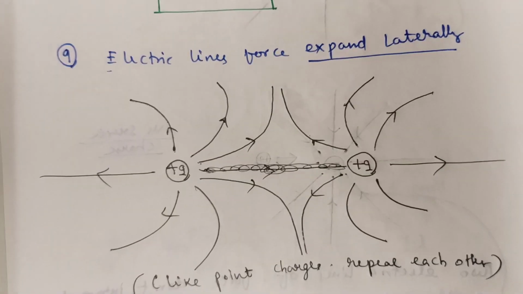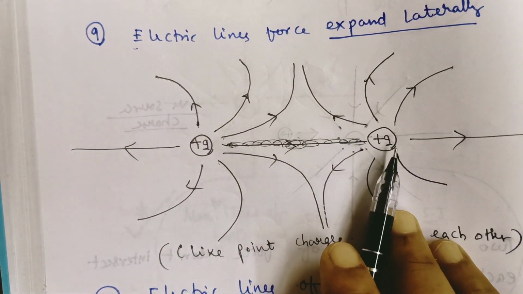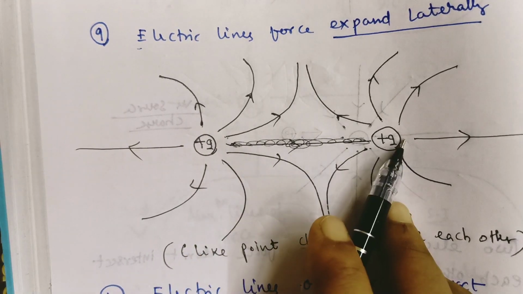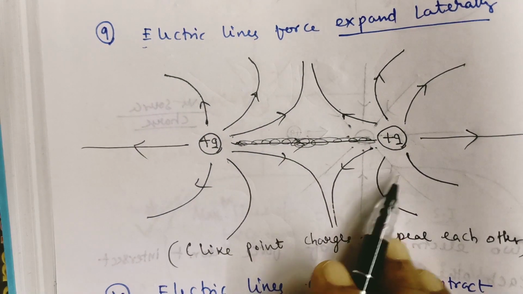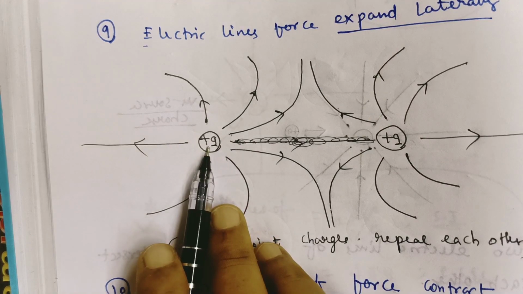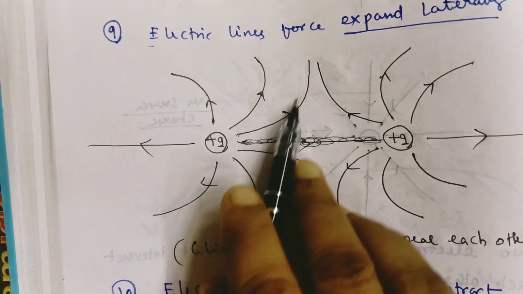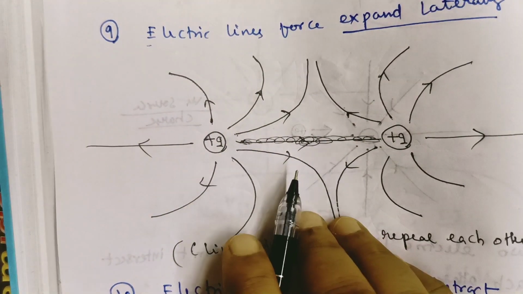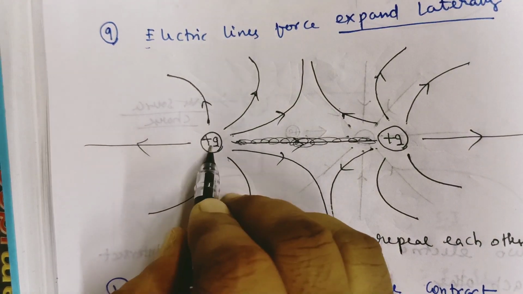There are two diagrams. You see here there are two positive charges. First you see the diagram, then we will discuss the points. Two positive point charges are there, and many lines of force are drawn here. This represents the electric field of these two charges, plus Q and plus Q. Why do these lines look like this? Just simply see; you should not worry about the diagrams at first.